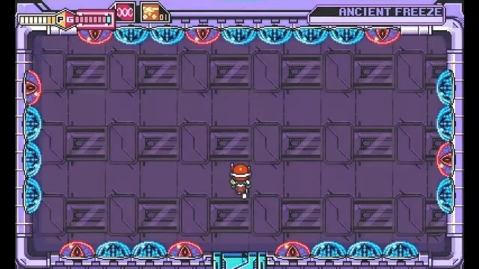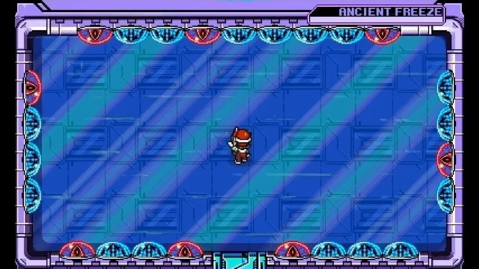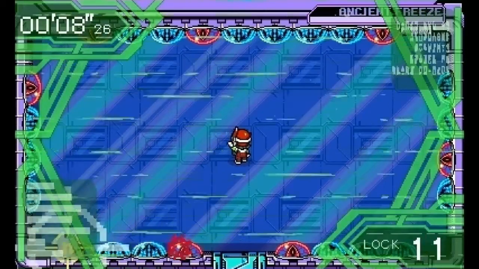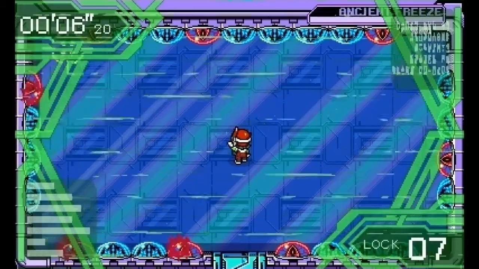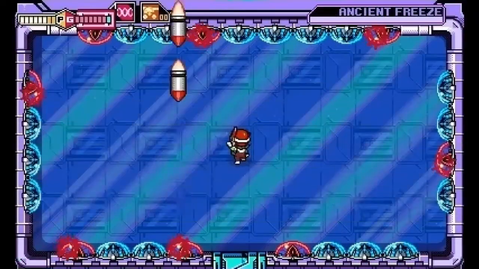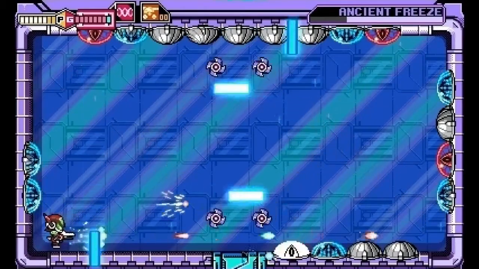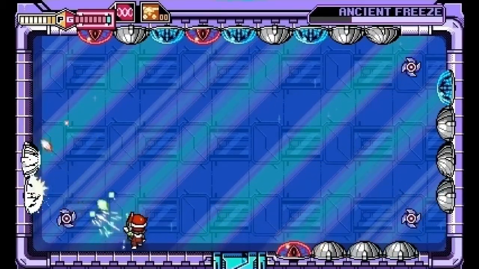Ancient Freeze will start off the boss fight by freezing the entire room. And here I'm going to show off the remote blast because it's pretty insane. This weapon is very powerful. Oh hell yeah! Did not get the most out of that remote blast though, but 1/4 of a health bar